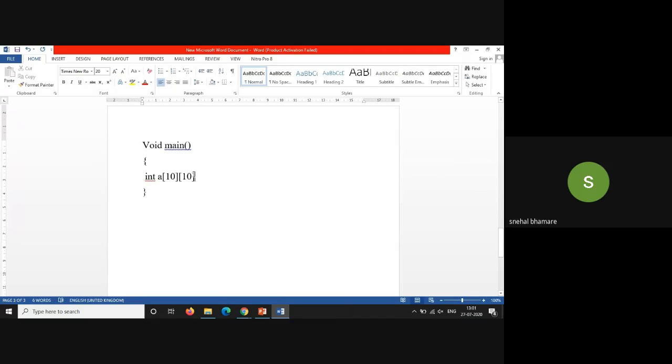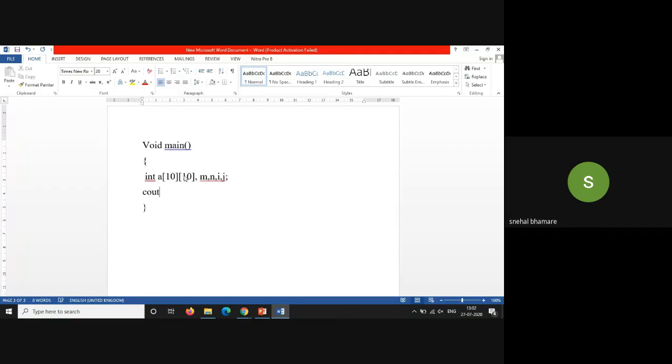So we assume that the array is small, having fewer than 10 rows and columns. So a continuous block for 10 rows and 10 columns we will allocate. Okay. Then for storing the total number of rows, I'll take one variable, let's say m, and for columns, I'll take one variable, let's say n. And I'll require two variables for indicating the index, that is i and j. Okay.